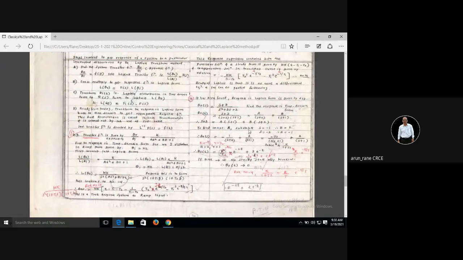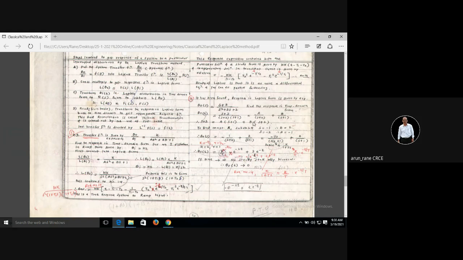You go on substituting. Suppose you put s equal to minus 2. Then this term becomes 0 and this term also becomes 0, right? Yes, sir. So you will have only B into s plus 4, and you have to compare with this. Like that you have to find out. I hope you know this technique, isn't it? Yes, sir. To find constant A here, I will substitute s equal to minus 1. If I substitute s equal to minus 1, this term becomes 0.